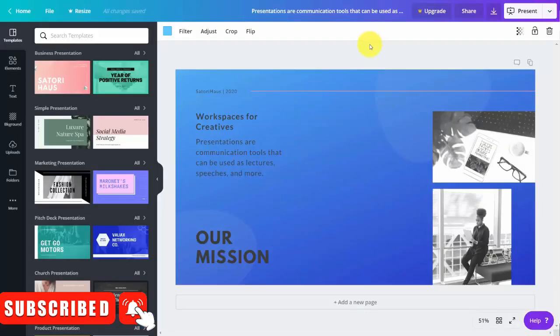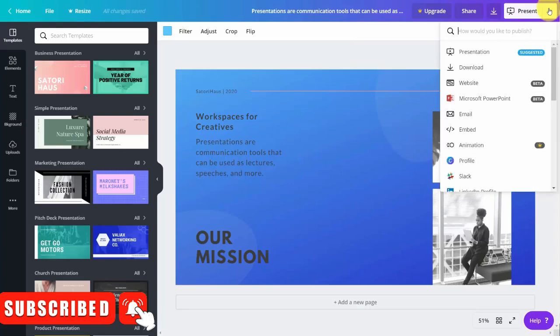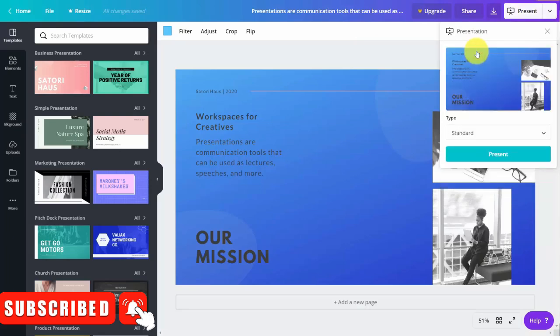Welcome back. Now, one way to output the content is to output it into a presentation. And we can do that by going to this drop-down arrow, and you're going to see that there's going to be a link here for a presentation. What we're going to then do is to click that link.